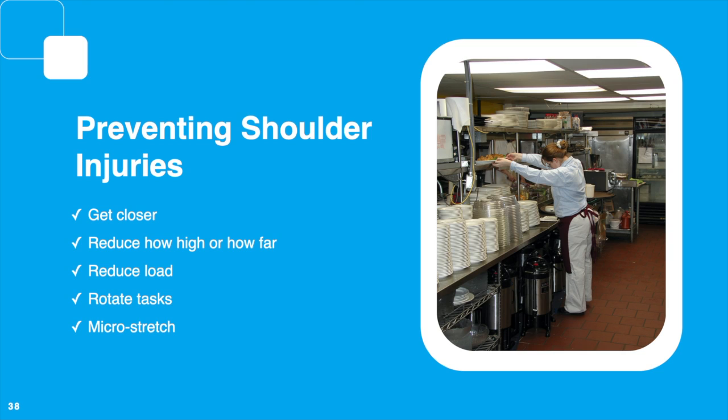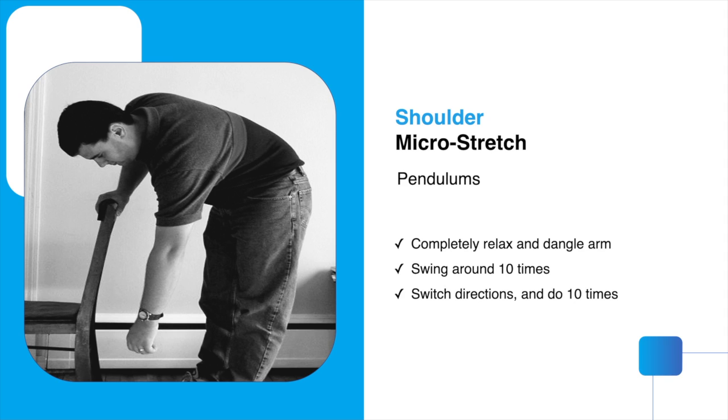Microstretching often on reaching jobs can be critical in avoiding serious rotator cuff risks. The microstretch for the rotator cuff is very easy and can be very effective. Simply stop what you're doing, bend over, use your other hand for support as you dangle the overworked arm down. Relax the arm as you swirl it around, perhaps 2 feet in diameter, 10 times each way in a very relaxed manner.